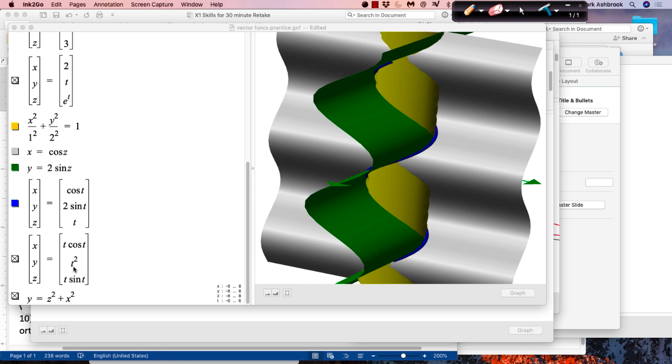Okay, and then you got a parabola in the y. Not a bad idea. So in x and z, it's going to go around in a circle, but as t increases, that circle's going to get bigger, right? So it's going to spiral out like this. But then y equals t squared. So as t increases, it's going to be like not a parabola, but